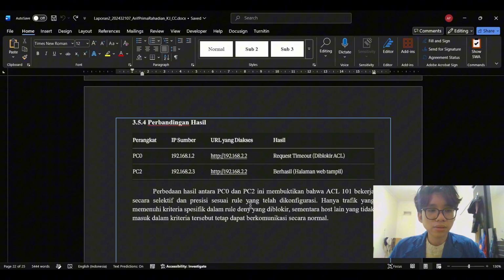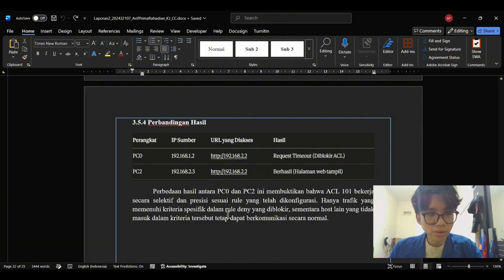Based on all the testing results, ACL 101 demonstrates selective and precise filtering behavior. The concept of sequential matching played a major role here. The router evaluates each packet against the rules in ACL 101 from top to bottom.